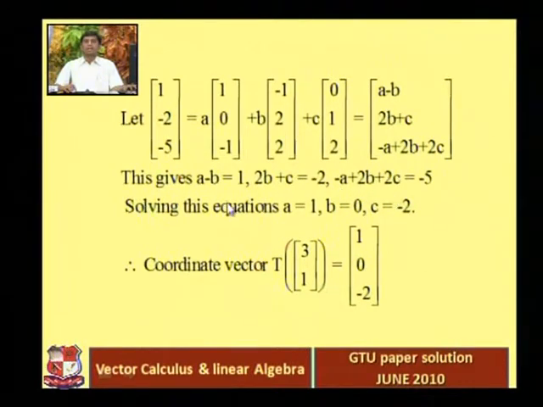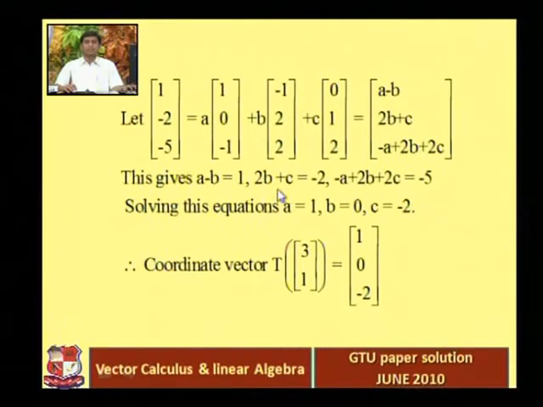So to solve these 3 equations, you have to use the matrix method, right? You have to use the augmented matrix, and then convert this augmented matrix into a row echelon form, and using that row echelon form you can easily solve these 3 equations. So finally here I directly write the answer. Solving this equation, you will get a is equal to 1. This is just a simple example, right?